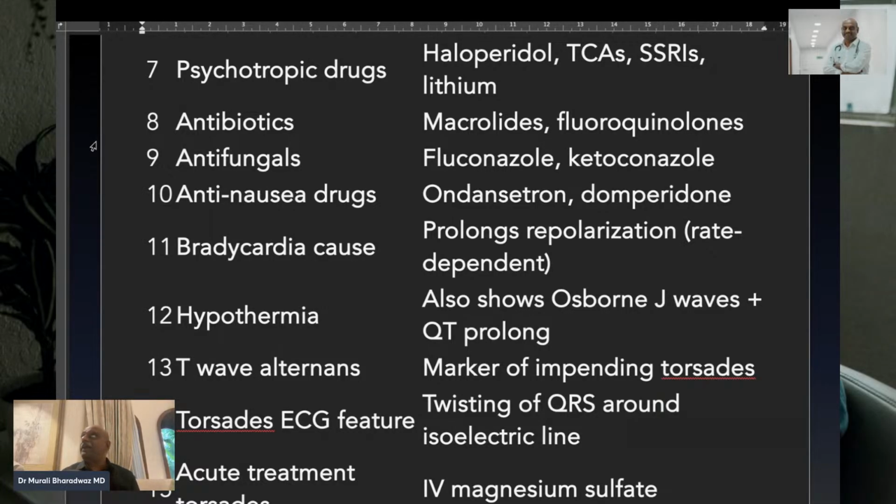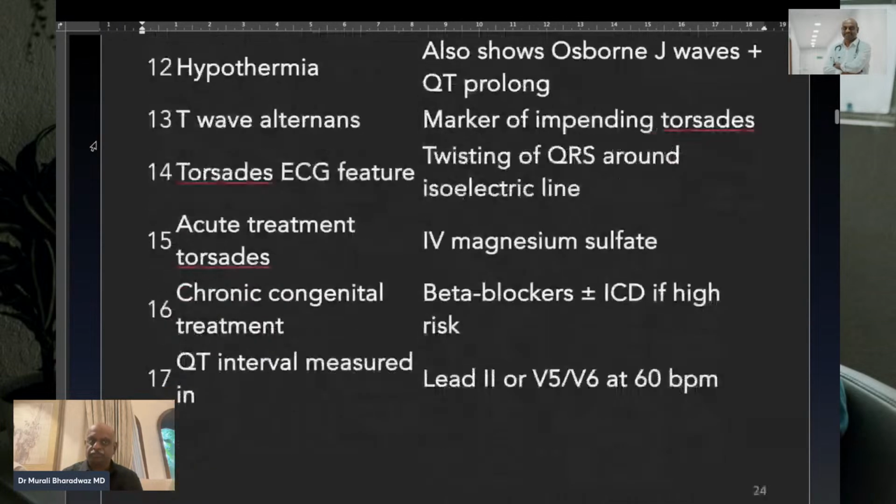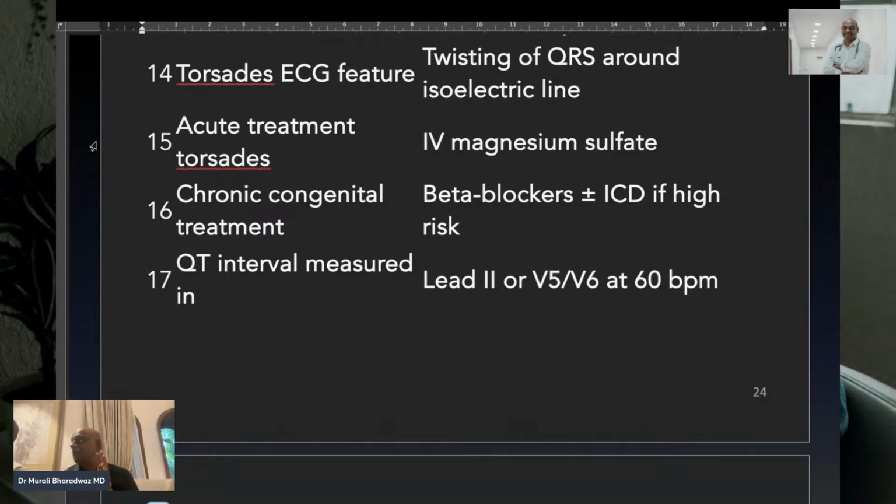Now bradycardia. Basically prolonged QT can prolong repolarization, the T wave gets delayed, right, if QT is prolonged. Because of that, sometimes bradycardia can also occur, not necessarily always. Torsades is not tachycardia, right? Then acute treatment is very important: IV magnesium sulfate for QT prolongation. Remember that, a favourite question. And for congenital conditions like Romano-Ward syndrome, it is the beta blocker and intracardiac